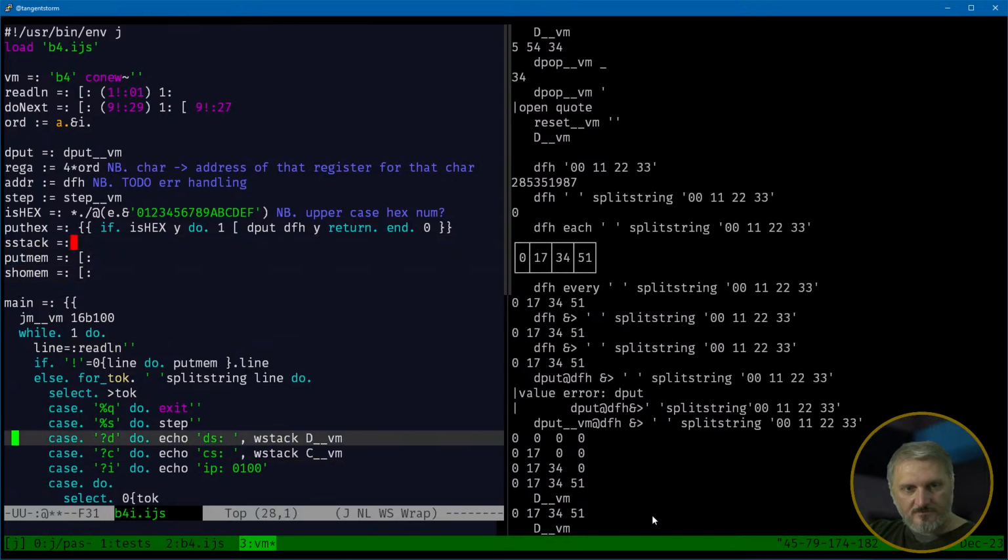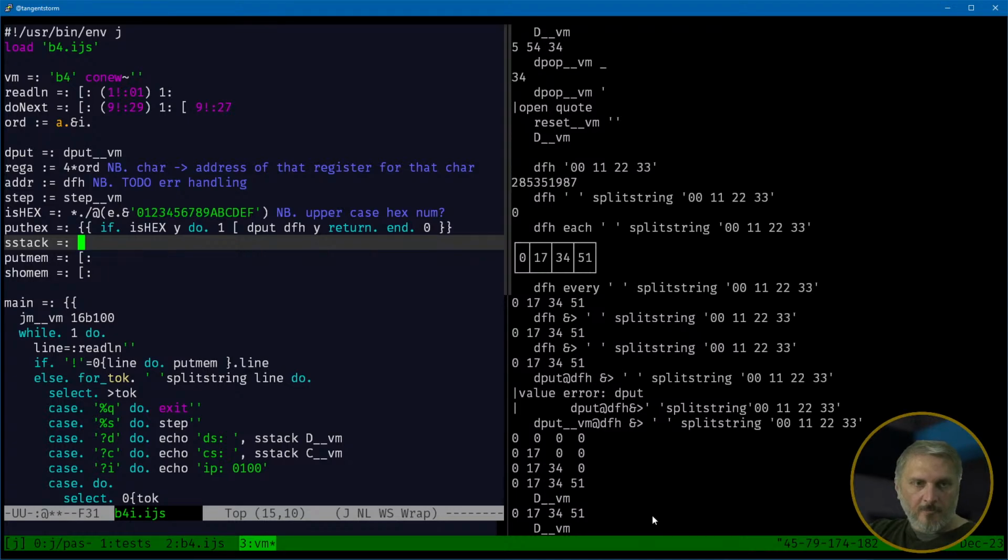Stack. Right, so which is what I'm trying to do here. So hex from decimal,